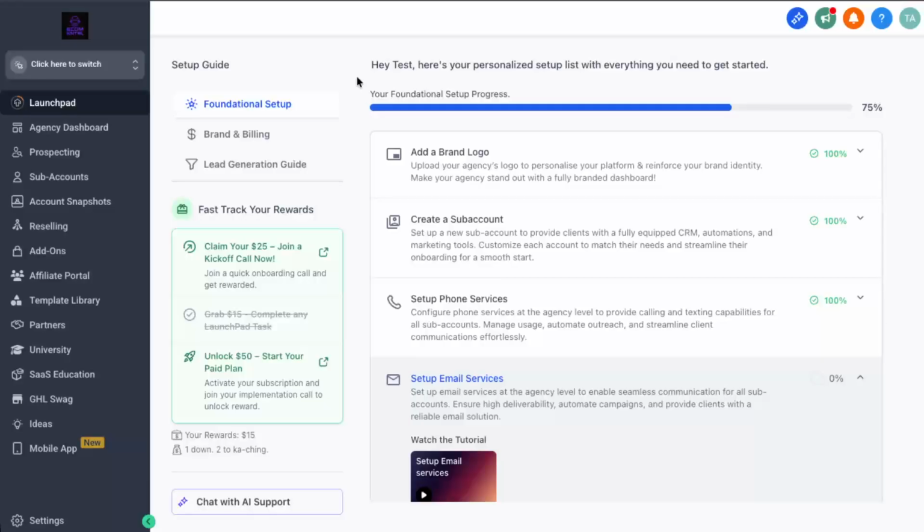First, log into your GoHighLevel agency account and head over to your agency launchpad. This is essentially your command center, where you manage all your locations and client accounts. Take a moment to make sure you're in the agency view, not inside an existing sub-account, so you see the